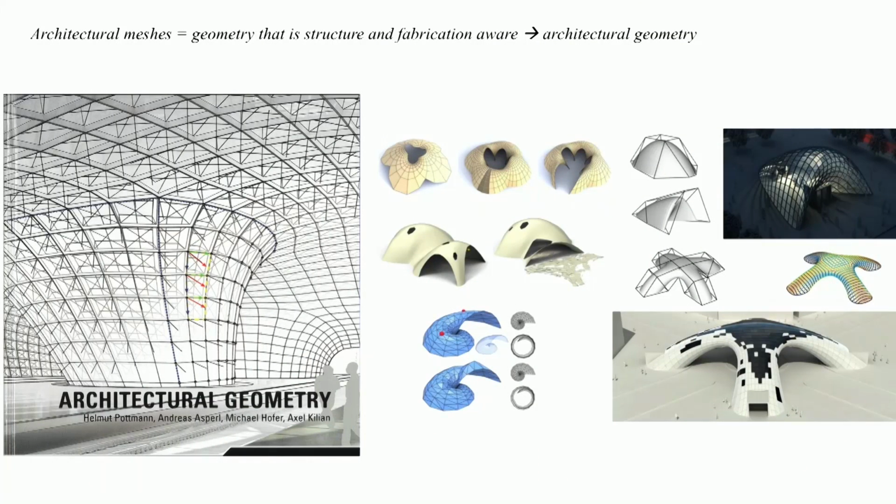And so again, the term architectural geometry is just using meshes that are aware of how they stand up, i.e. they're aware of gravity, and also aware of how they might be physically realized. So it's not some arbitrary curvy geometry that has no idea of gravity or no idea of how it will eventually be built. So geometry, which is a designer's problem, is architectural geometry. If you allow the engineer to rationalize the geometry for you, then that's not architectural geometry. That's just geometry that someone's having fun with. At least that's our definition.